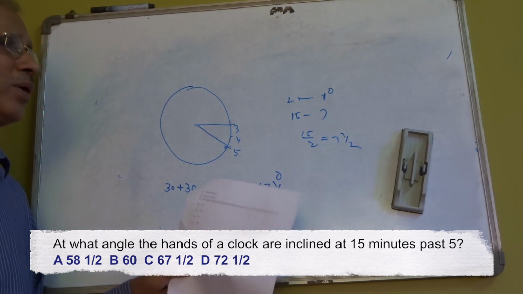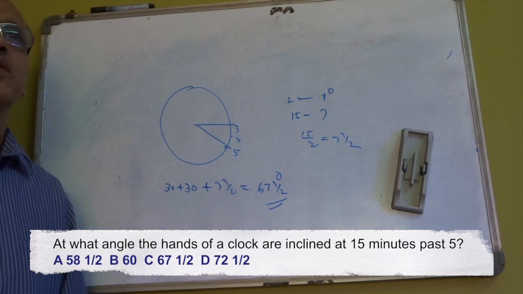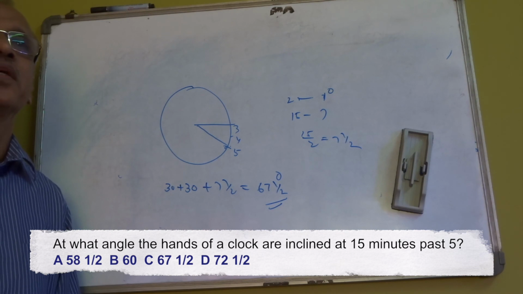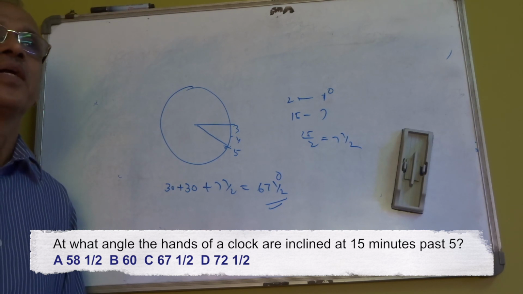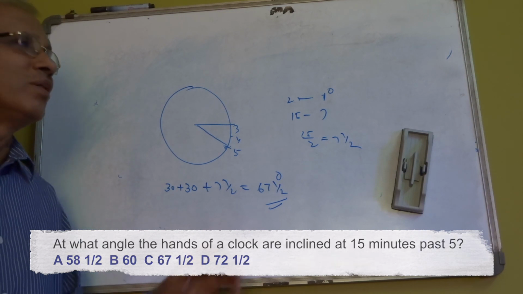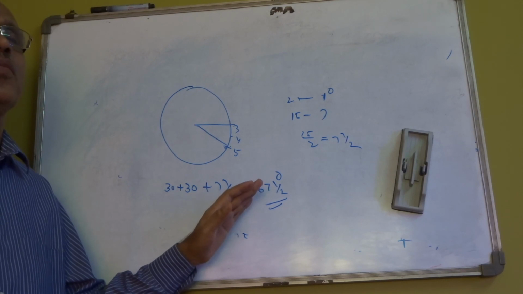So if you remember that the minute hand covers 360 degrees in 1 hour, while the hour hand covers only 30 degrees, and the minute hand gains 55 minutes in a matter of 60 minutes, these three principles once we remember, we will be able to solve all the